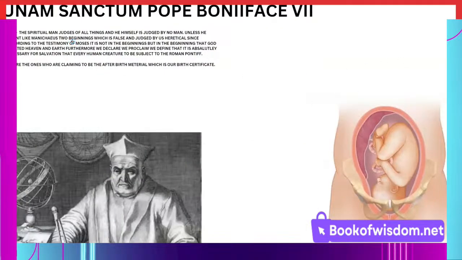So now we're moving on to Unam Sanctam. Unam Sanctam was in 1302, a very, very important year. This is basically how they claim everyone in the world. So the Vatican had all this power, all this gold, all these people under them. They needed to get a claim on them so they could rule over them and make them slaves. So what they did, they created Unam Sanctam. Pope Boniface VIII did this.